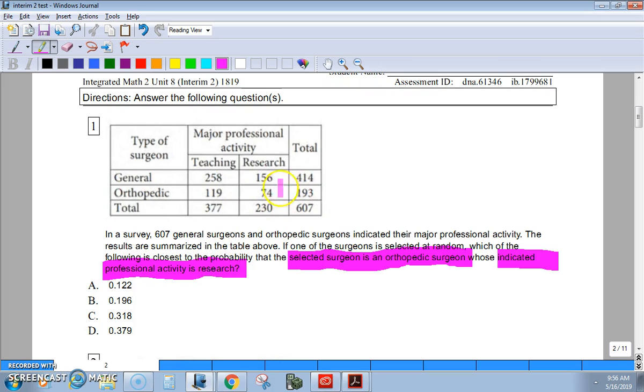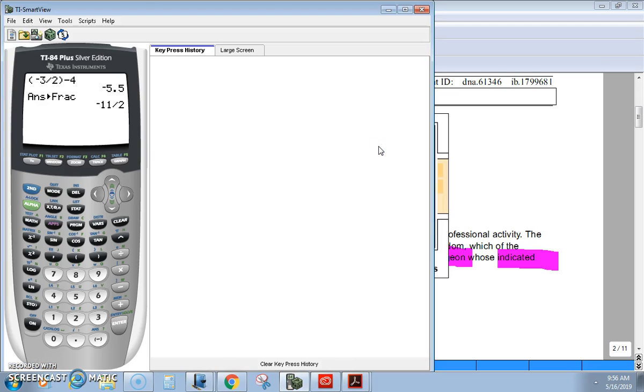So this is out of the entire probability of 607 surgeons, but the one we're looking for is just the number of orthopedic surgeons who have research as their professional activity. So we are looking at 74 over